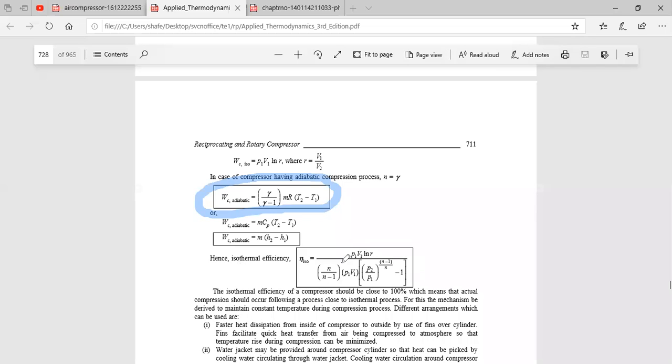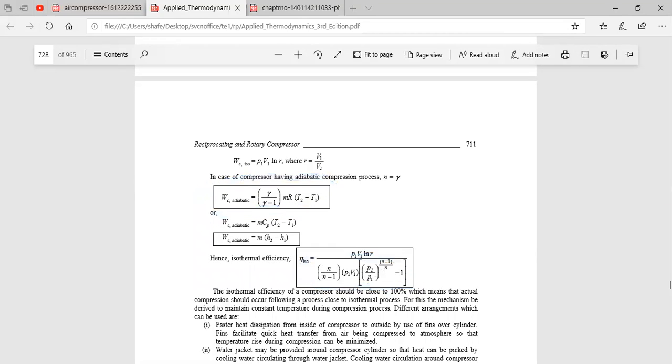You take the actual process always as a polytropic process. Whenever I say isothermal efficiency, the numerator must be the work of the ideal process, isothermal work or adiabatic work. If I take adiabatic work in the numerator, then it's called adiabatic efficiency. If I take isothermal work at the top, it's called isothermal efficiency. But the denominator remains the same, that is the polytropic process work done you have already seen. Okay,